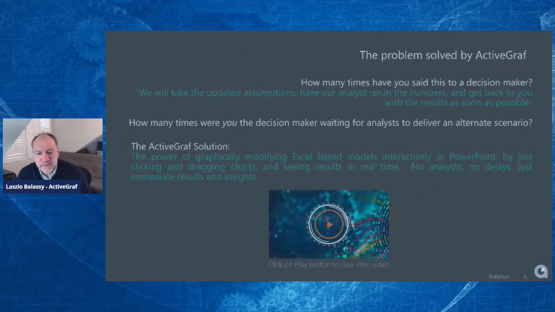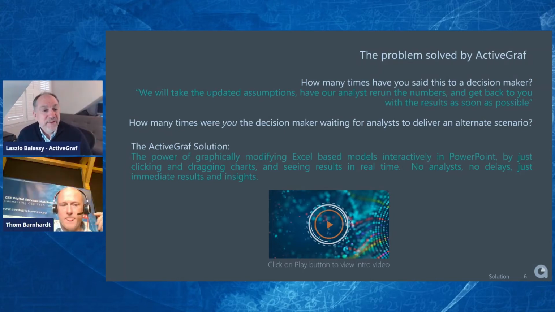Next, the problem we solve, basically, I think you probably understand it. How many times have you had to say this to a decision maker? We'll take the rest of the assumptions, we'll come back to you with our new analysis, and then the telephone game begins. You tell somebody, that person tells the other person, and the data scientist gets involved, cranks a new thing, and brings it back. It takes time, money, and it's not immediate for sure. Then you can say that also, if you're a decision maker, how long have you had to wait for analysis and ask somebody every time you wanted to run a new scenario?